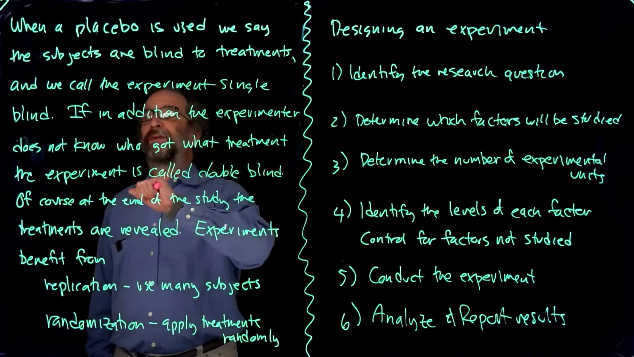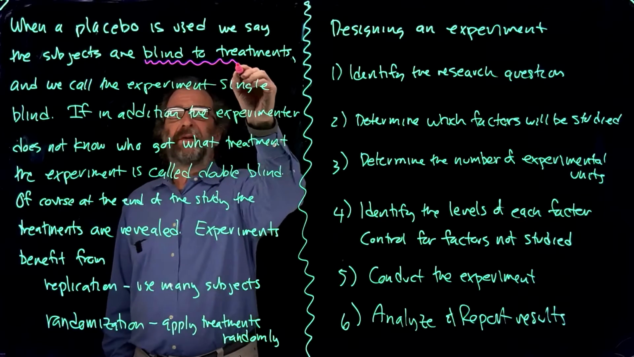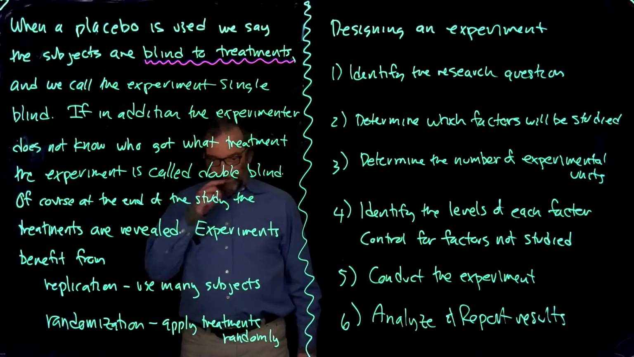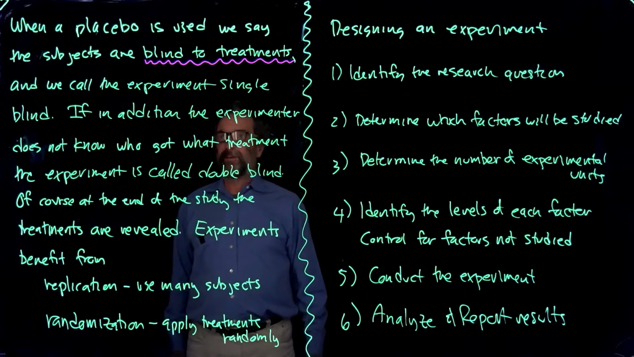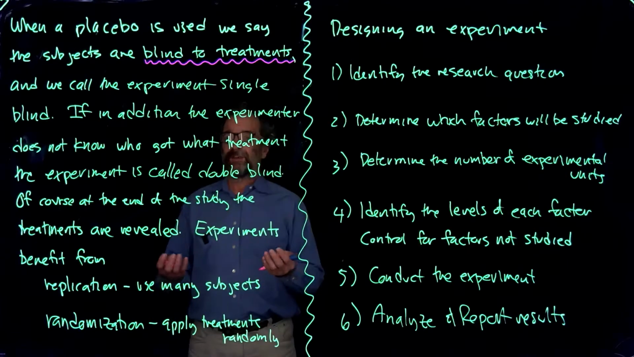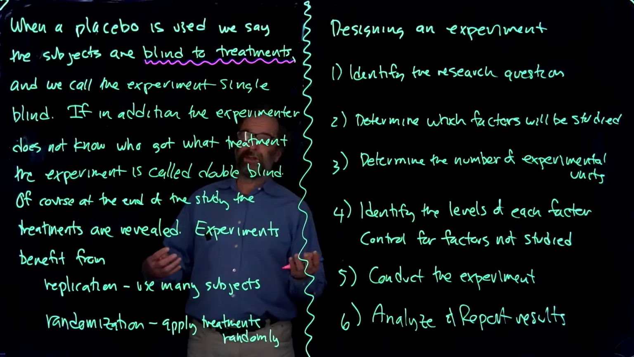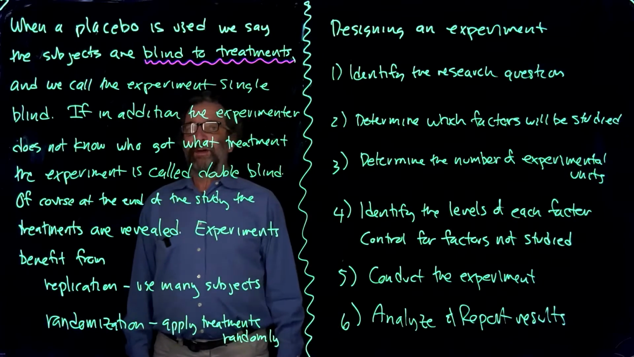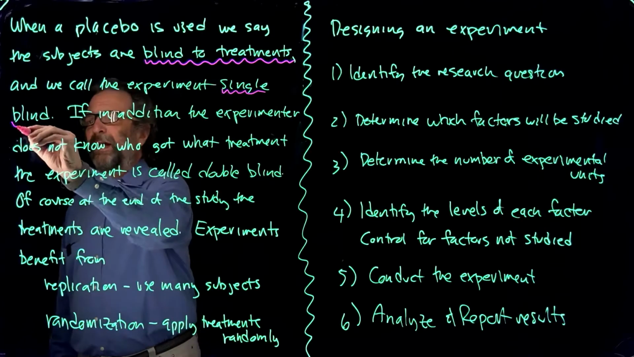When a placebo is used, we say the subjects are blind to treatments. That's because they don't know if they got the active ingredient or not. And so that makes them all respond equally, at least in terms of the placebo effect. They've all been treated equally, so they all have the same response to being treated. And some of them have the active ingredient and some of them don't, so maybe the active ingredient would cause a different response. If they're blinded treatments, we call the experiment single blind, meaning one group is blind to what